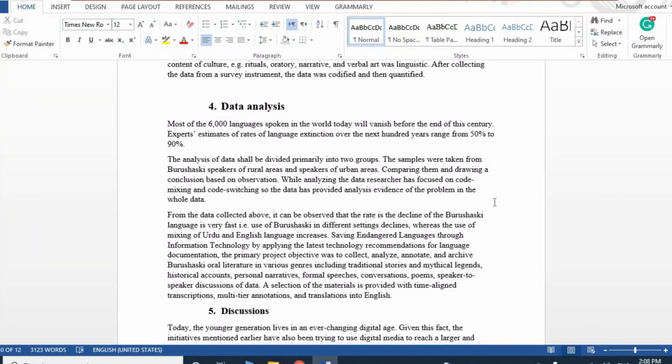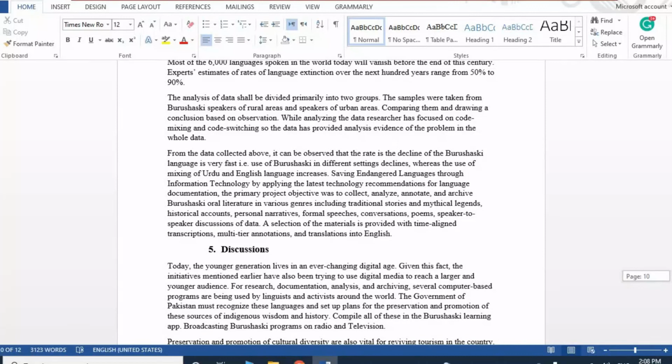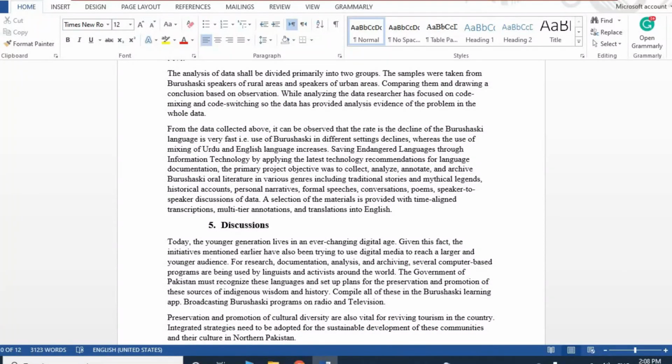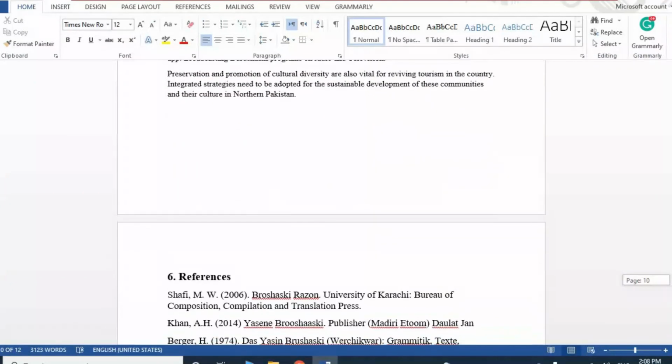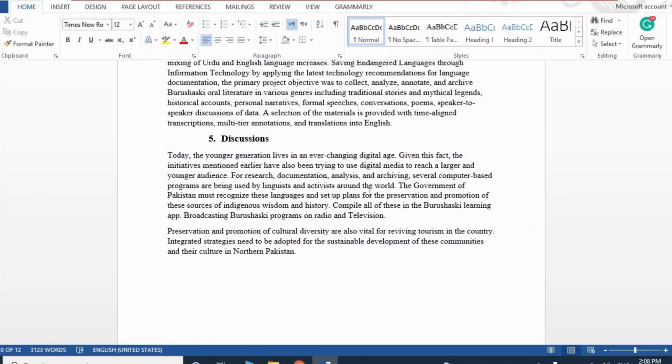We will analyze this data, and we will come to know that most of the new generation don't speak their native language, that is Burushaski, and they are more inclined towards English and Urdu. So there is a sheer need to bring their attention towards their language, so that we can preserve and promote this language, the Burushaski language. So after that you go for discussions that the younger generation lives in an ever-changing digital age,